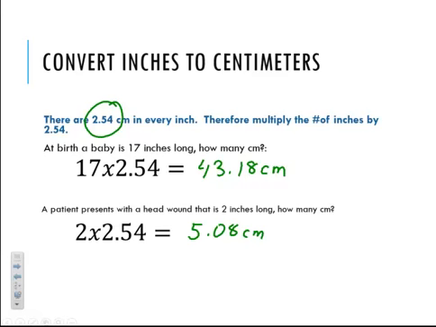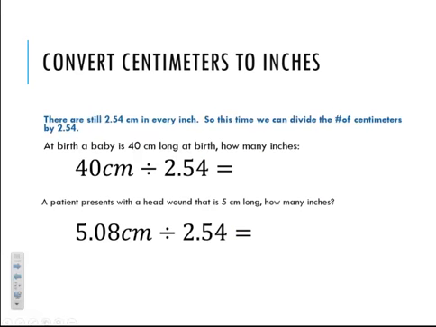So now we might want to convert the other way, from centimeters to inches. We measured the patient in centimeters, and now we want to report it in inches. The number is still 2.54 in every inch, so that's the number we're going to use, 2.54, but instead of multiplying, we divide. So we have a baby that is 40 centimeters long at birth, and we want to convert that to inches. So 40 centimeters divided by 2.54 is